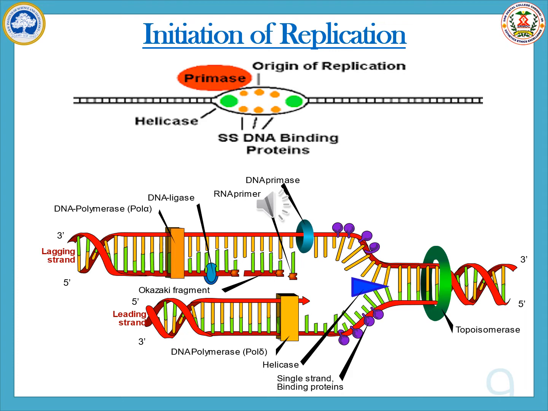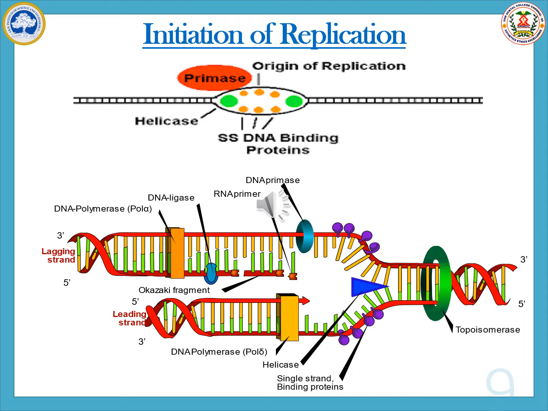The strands are stabilized by the single stranded binding proteins, and the stress developed in the DNA strands is reduced by the topoisomerase. The topoisomerase is also called gyrase, and the RNA primers are synthesized by the DNA primase. Primase is an enzyme involved in the synthesis of RNA primers using DNA as a template. So using the parent DNA as a template, the primer will be synthesized